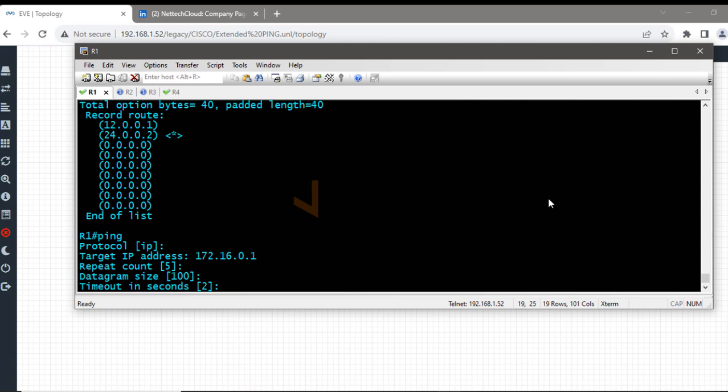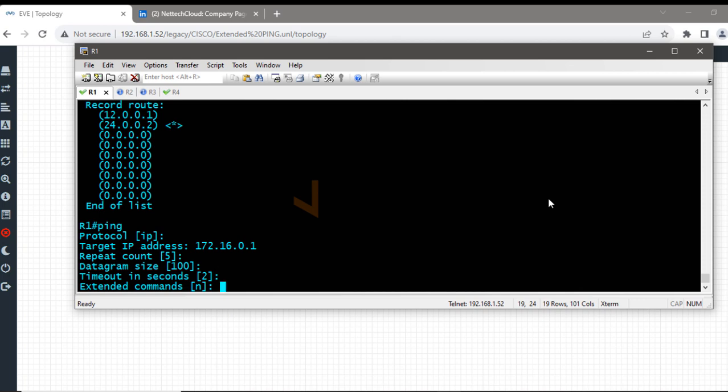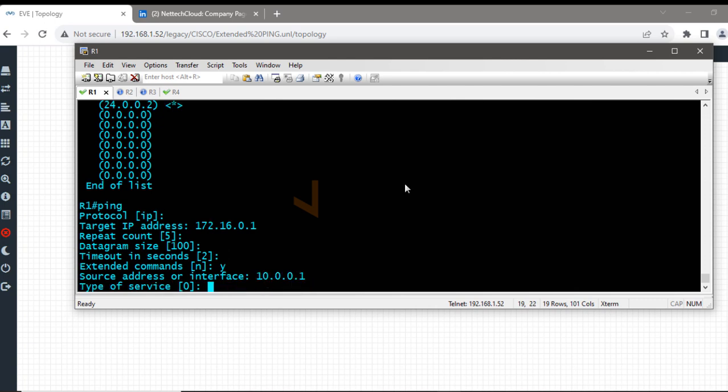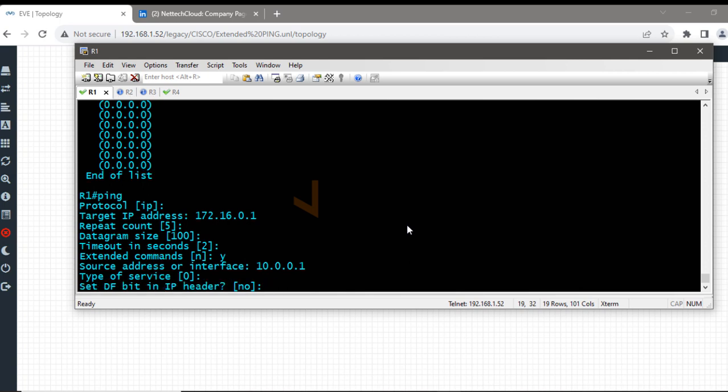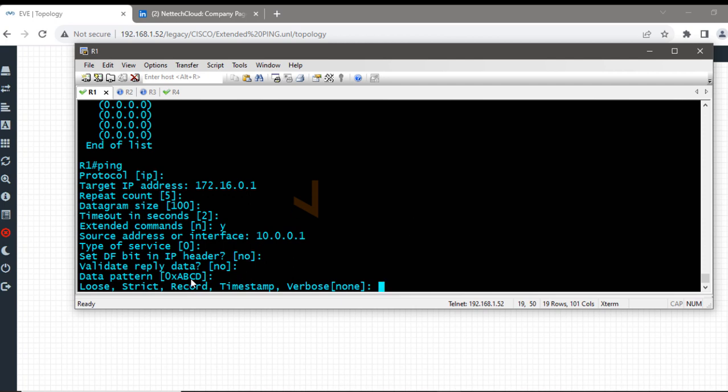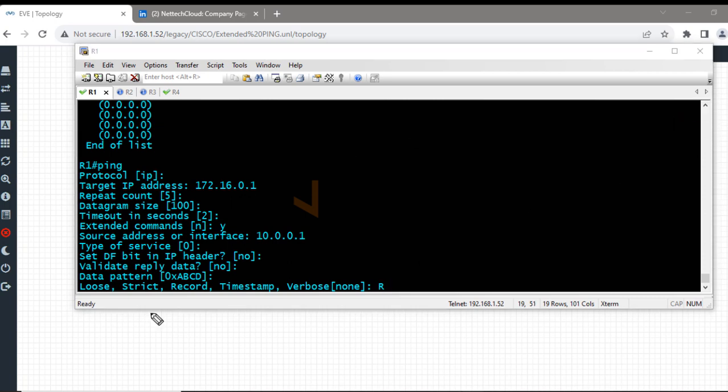What about the timeout in seconds? That's again fine. Extended commands? Type Y, yes, I want to use extended options. Source address 10.0.0.1, okay. Type of service, I don't want to play around with DSCP and IP precedence. DF bit, the do not fragment bit in the IP header, no. Validate reply, data pattern, and then the record route option. Hit R for record route or RR option. What it does basically,